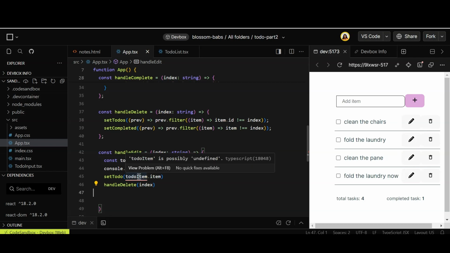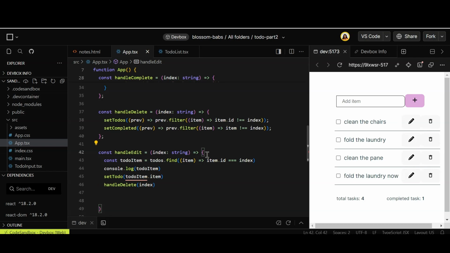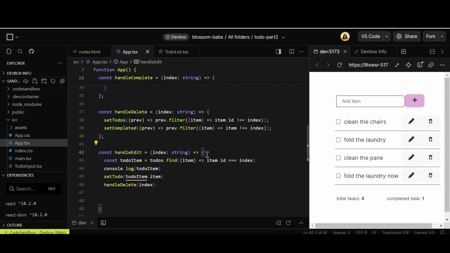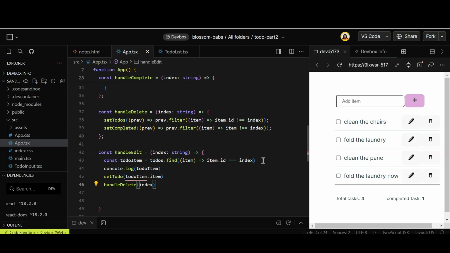Now let's fix this TypeScript screaming at us. It says to-do item is possibly undefined. What ideally we should do here is check if the to-do item exists. Out in the world it is possible that it doesn't exist when you're dealing with servers and databases. Maybe there is a delay, maybe it doesn't exist. So it is a much better error that TypeScript is telling us that it is possibly undefined. It is a possibility. So instead, what we want to do here is say